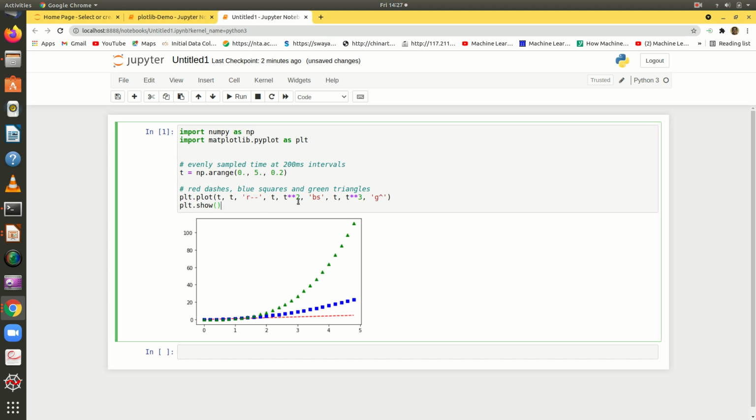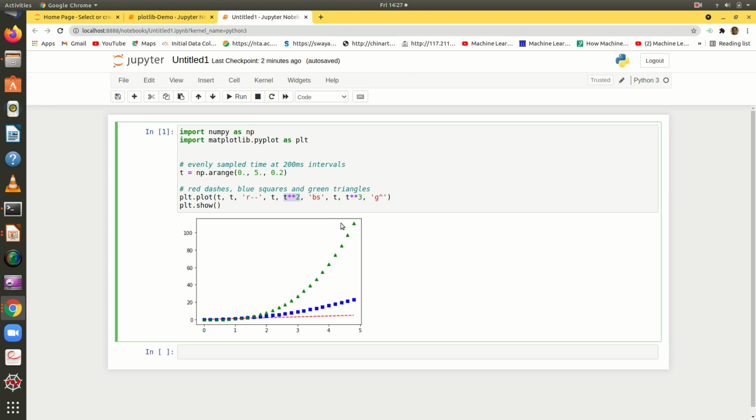Now the second one, I am going to give b and s. I give b for blue color, s for square. And you can observe here, I have given t and t power 2. So this is the x value and this is the y value which I have given for the second line, right.